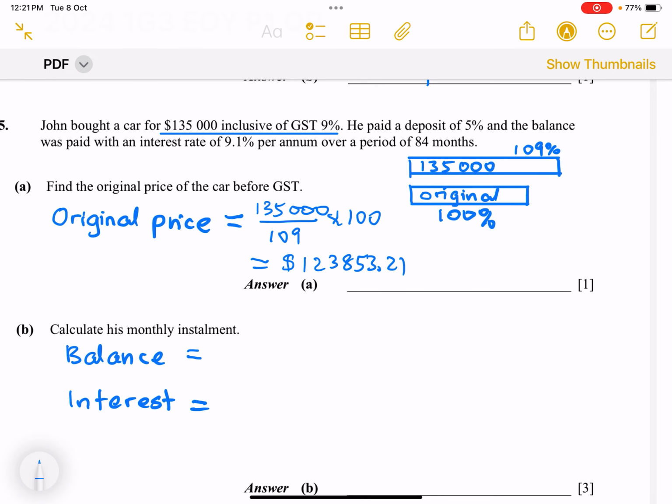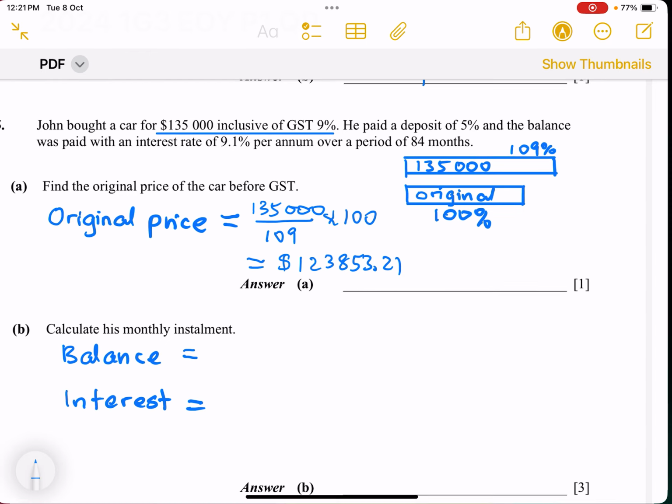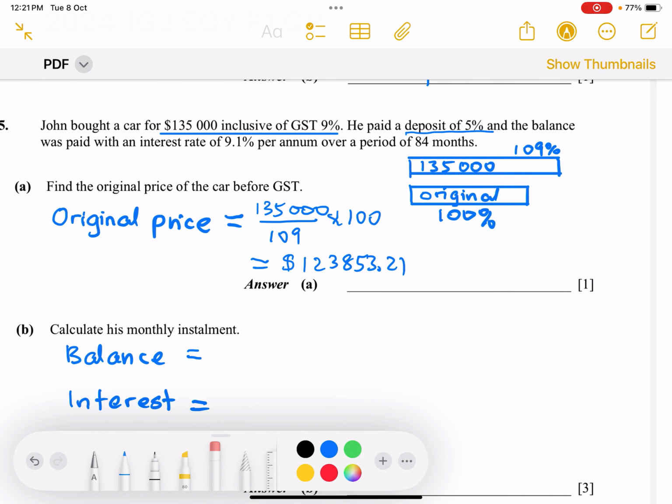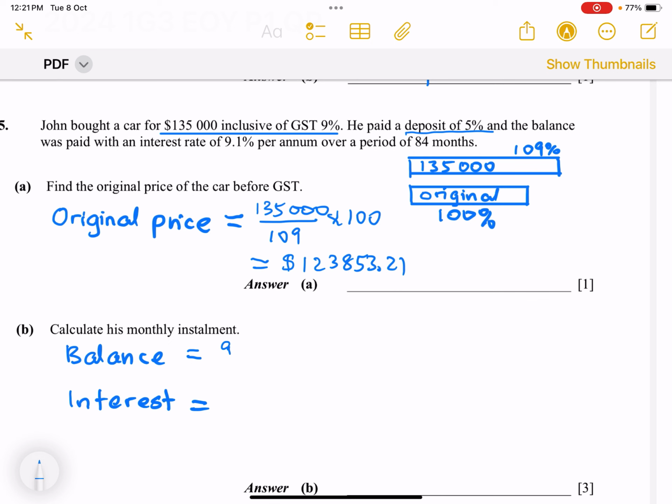Next, we have to calculate their monthly installment. Now, he has already paid a deposit of 5%, so his balance would be 95%. 95% of the price of the car, which gives us 128,250. Now the interest is based on the balance, so if you get the balance wrong, likely the interest will